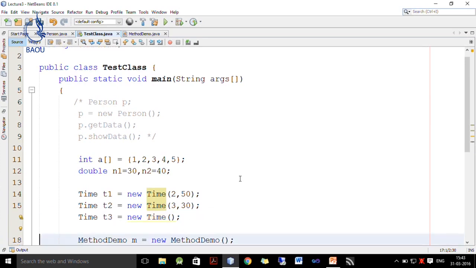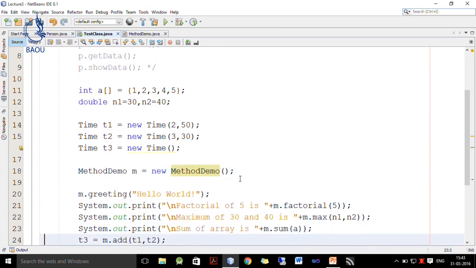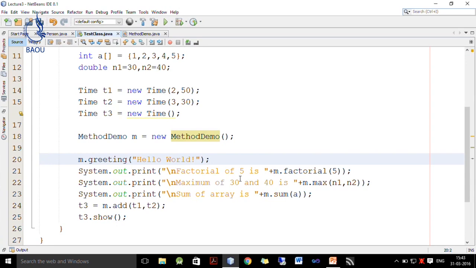of these two times. So, here first we have to create an instance of the method demo class, then we can call methods of this class. So, I create one object m of type method demo and create its instance by calling new method demo. Next I write m.greeting.